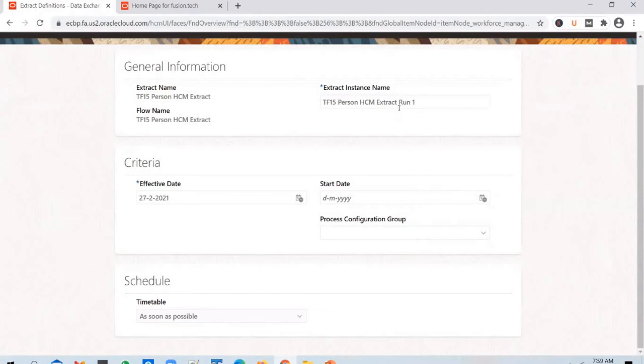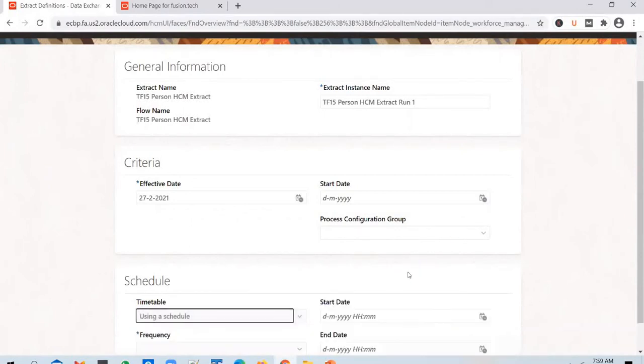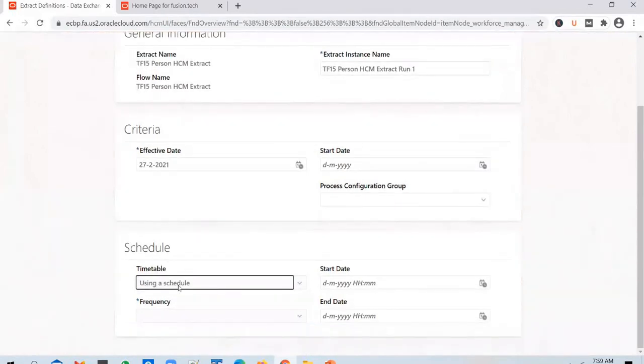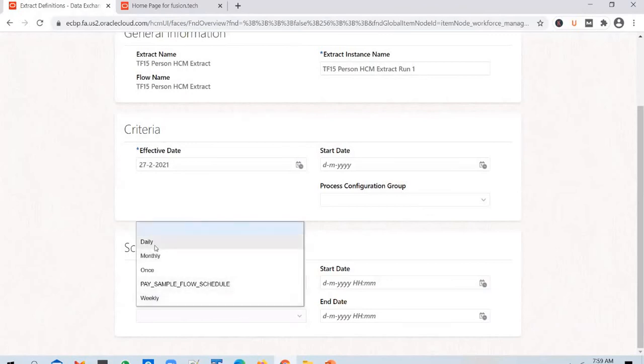But if you want this extract to run every day or every month or every week, you can use a schedule and define it. You can schedule it using these options here. So you can select using a schedule, and in the frequency, you can select one of these options: daily, monthly, weekly, or once. Or you can define your own schedule and use it as well.